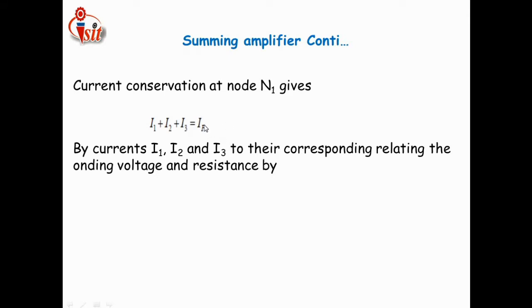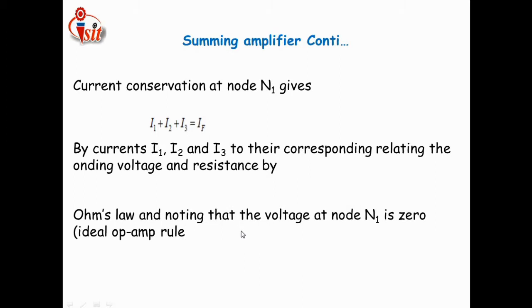The outgoing current is related only to the feedback resistor, and for that purpose it is considered as RF. Relating the currents I1, I2 and I3 to their corresponding voltages and resistances by Ohm's law, and noting that the voltage at node N1 is 0, that is an ideal op amp rule,